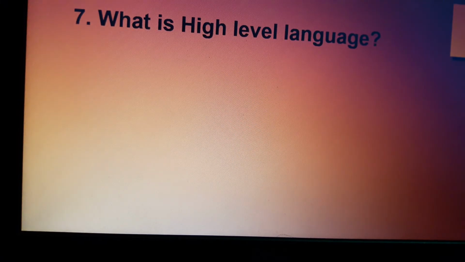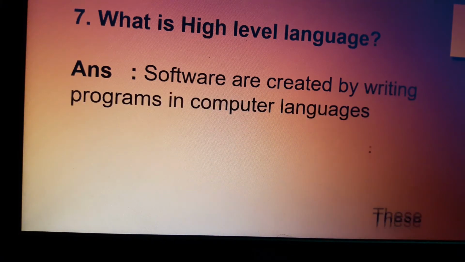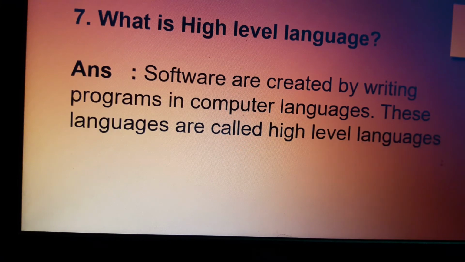High level language. Normally all programs or software are created in a high level language. Now what are high level languages? These are the computer languages which are used to create programs. Software are created by writing programs in computer language.